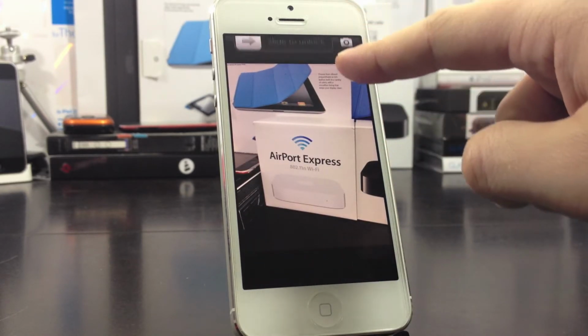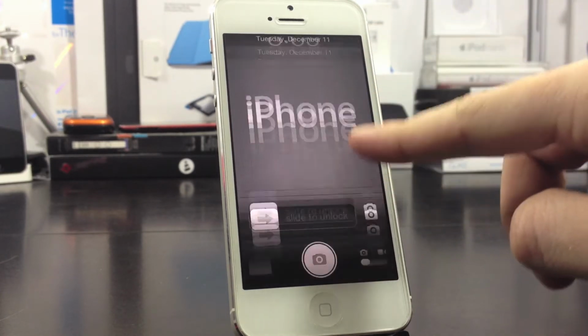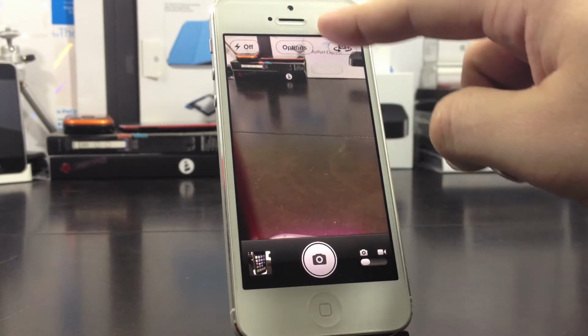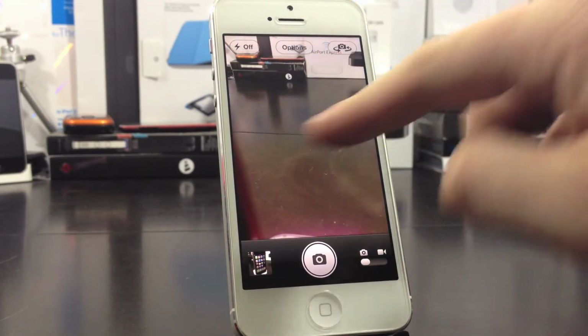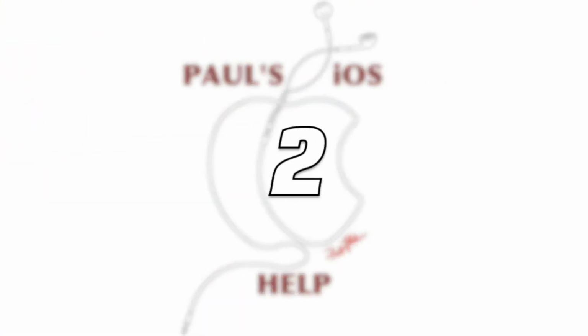And to get back to your lock screen, you can easily slide down from the top of your screen to access your lock screen once again. Again, slide down from the top to get back to your lock screen. Number 2,